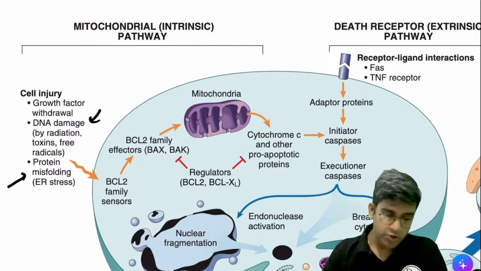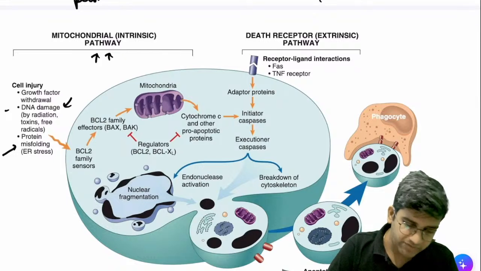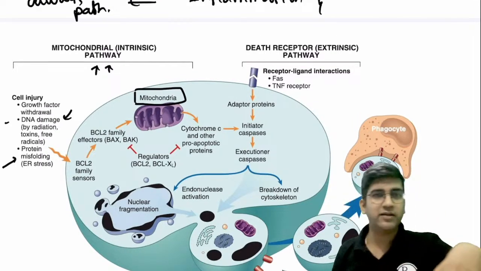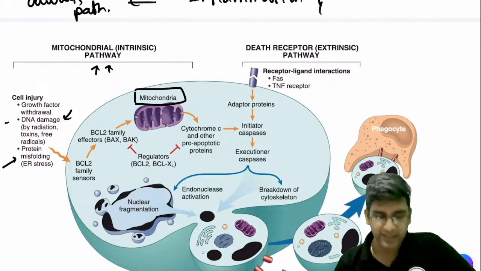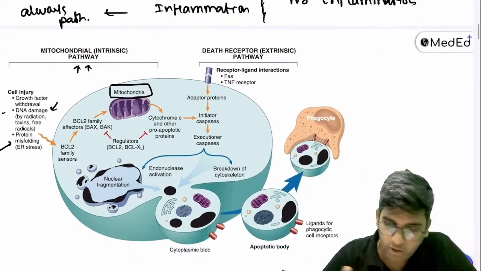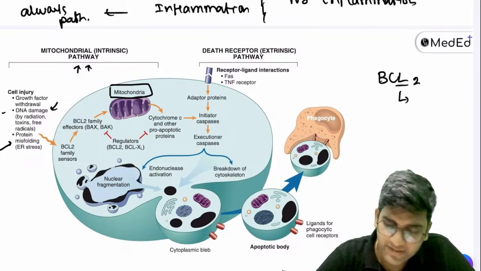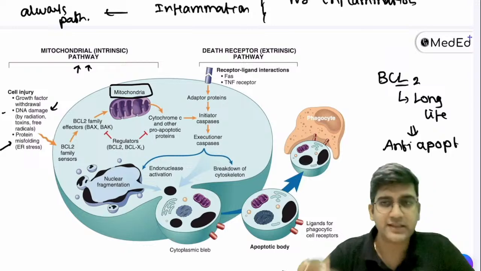Physiological, it's good, right? So DNA damage, protein denaturation, everything will go via the intrinsic pathway of apoptosis, which happens via the mitochondria, where you have multiple factors, genes or proteins, the BCL2 family of proteins, right? Remember, pro-apoptotic and anti-apoptotic. If it's BCL2, anything with L gives long life. If it's long life, it's anti-apoptotic. Only when it's anti-apoptotic, the life will be longer.